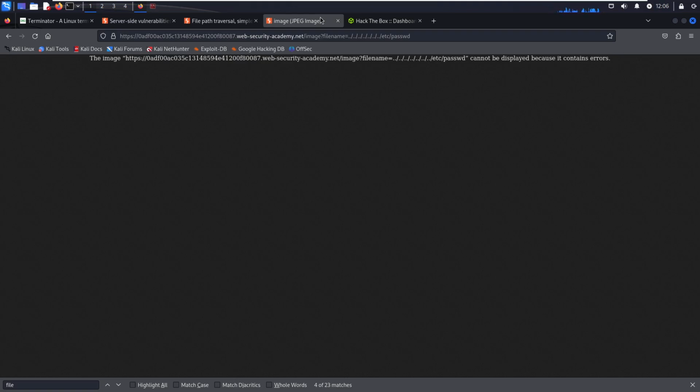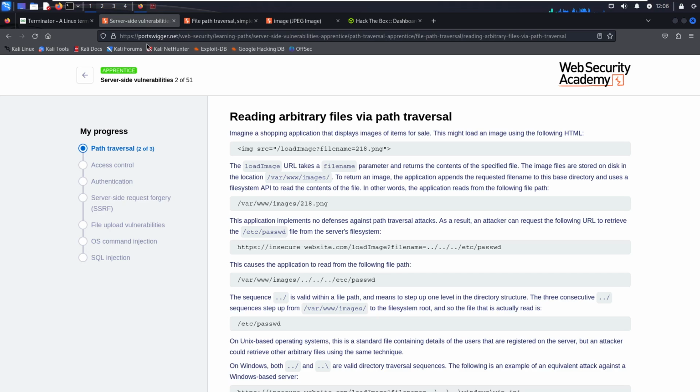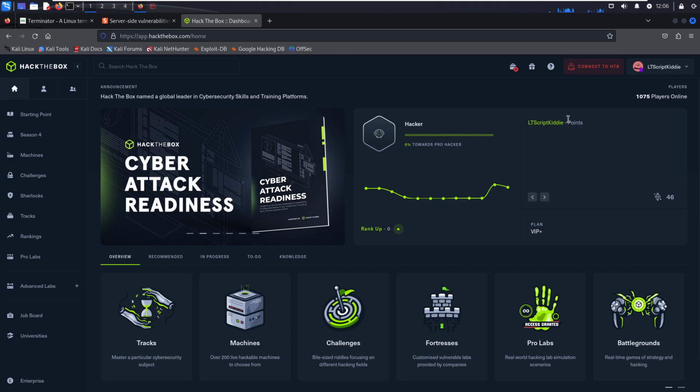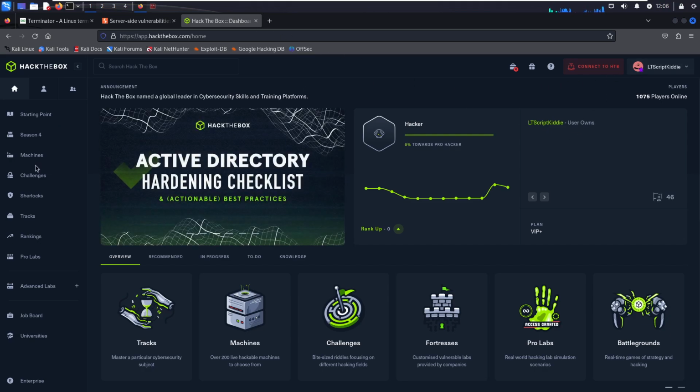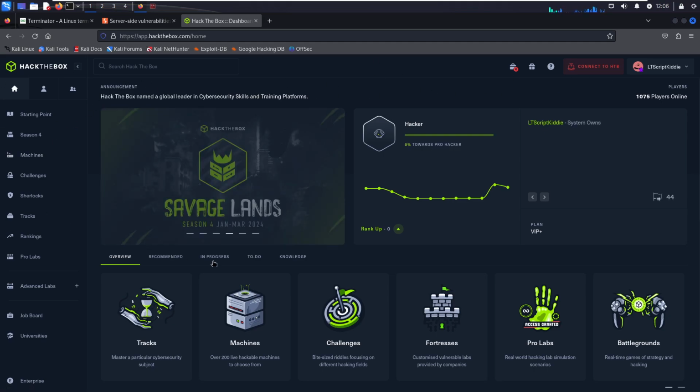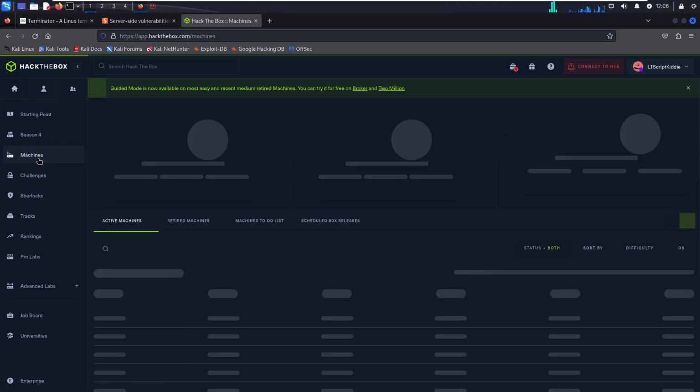This is for your own study. I recommend that every day you come online and do at least one session or one module. That will greatly boost your knowledge in cyber. Meanwhile, when you sign up to Hack the Box, there's a bunch of options. The very first thing you're going to do is use the machines,